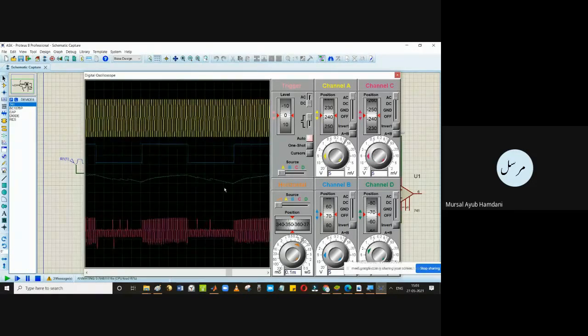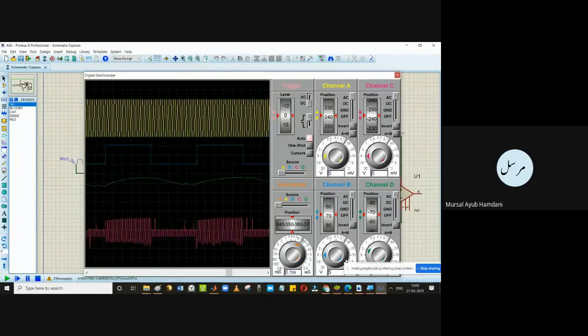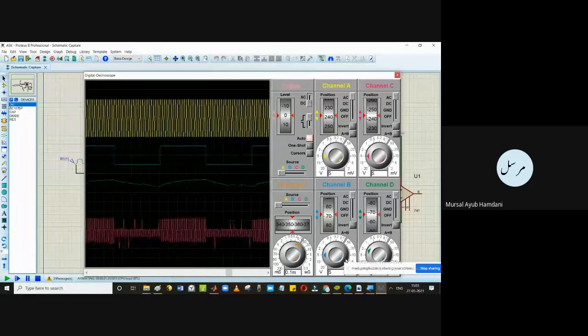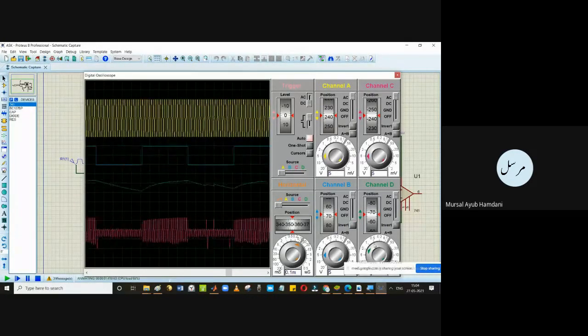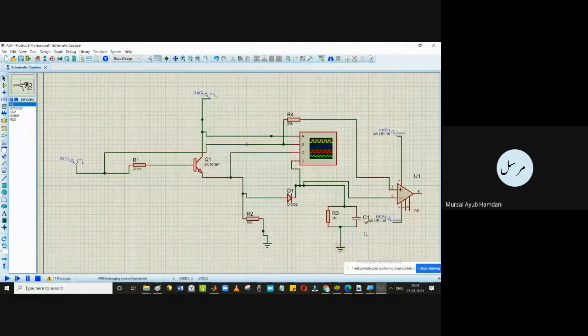Why will we need this? So that we can demodulate the signal. You can say it is an integrator in terms of electronics, or you can simply say first we will have a rectifier, then a low pass filter, overall acting as an integrator function. So this is what it will be at this place.